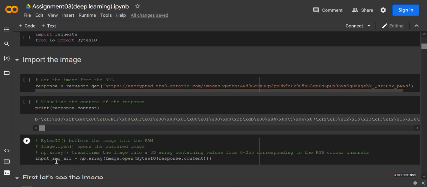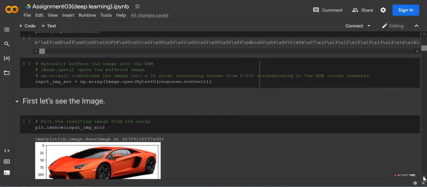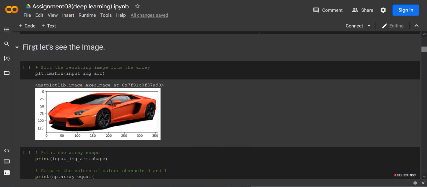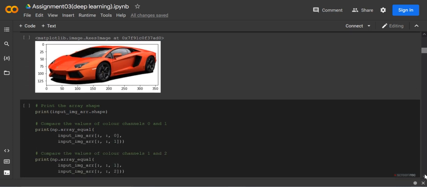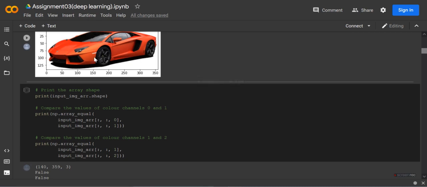First we have to create image_array, np.array of Image.open. This will give us the numpy array of the image. First let's see the image. To display it we use imshow, which is the method that will help us display the image from the array. Now we have to print the array shape. To do that we print the name of the image dot shape,